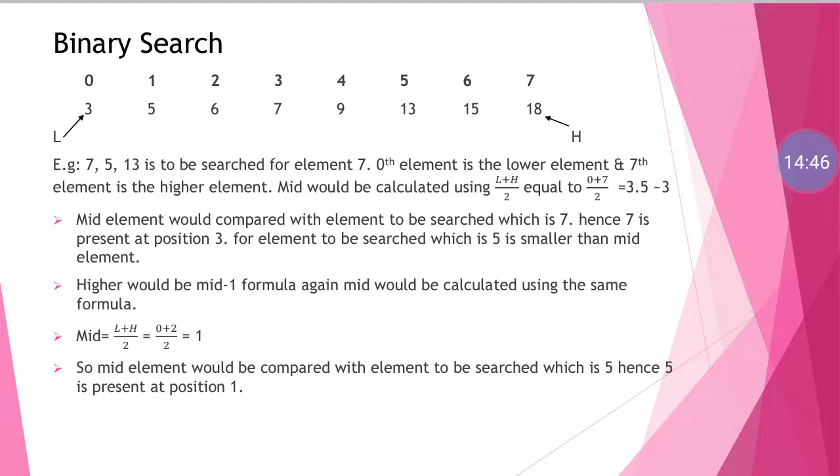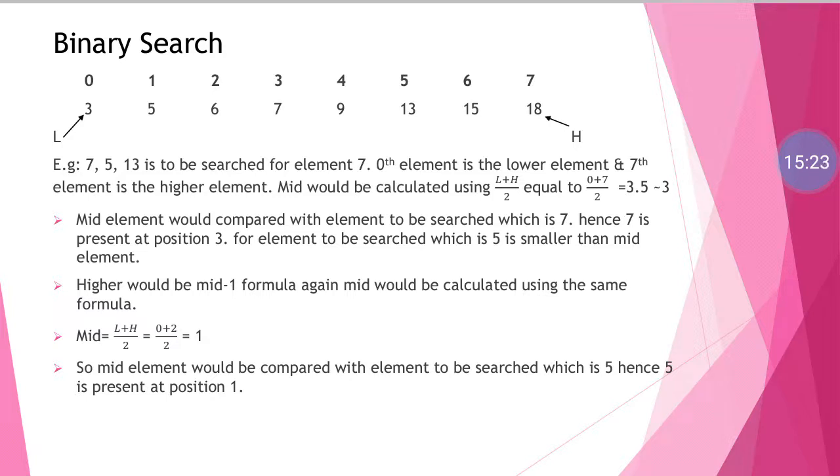Fine. So obviously 13 is the element to be searched, but we have considered that 7 is the midmost element and 7 is smaller, or the element to be searched is greater, so we should focus on our right hand side. So higher will remain the same, and here your lower will be mid plus 1. Your mid was initially 3, now your lower will be mid plus 1, that is your lower will be 4. In this case your lower will be 4 and higher will be 7.